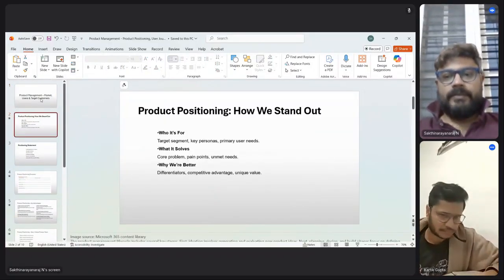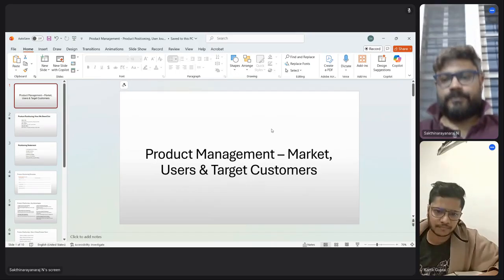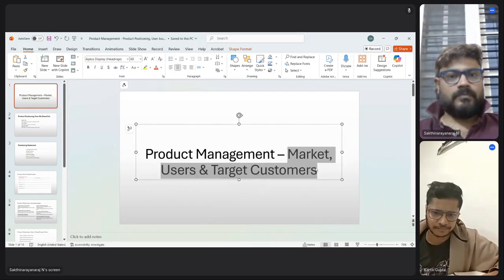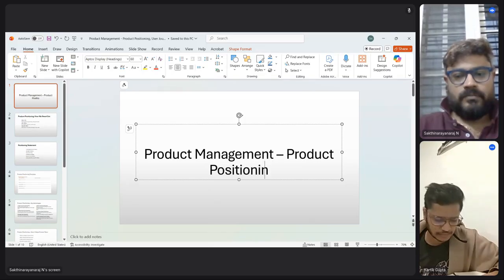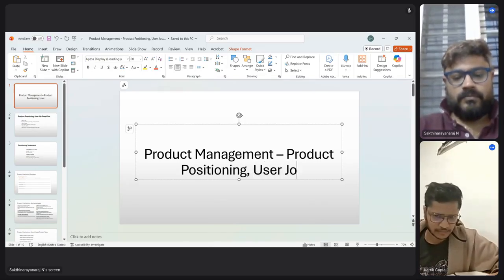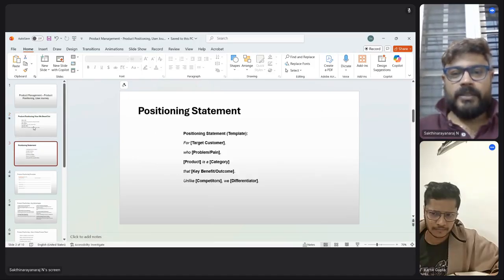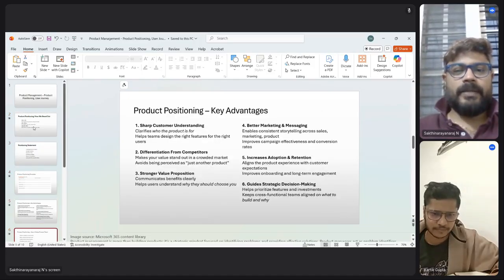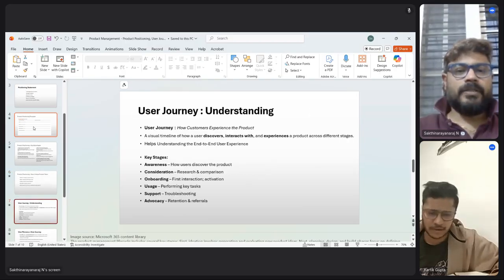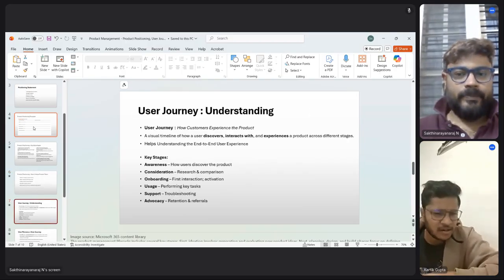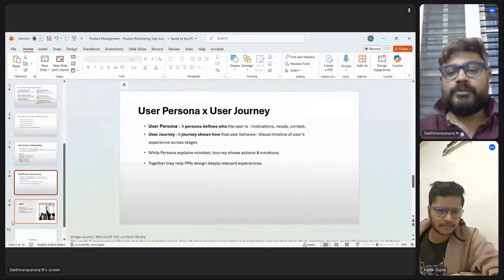So Karthik, yesterday we spoke about product positioning, right? The positioning statement, the positioning template, and the advantages of product positioning, correct? And how product positioning helps the product team. So today we are going to talk about user journey, and how user persona,